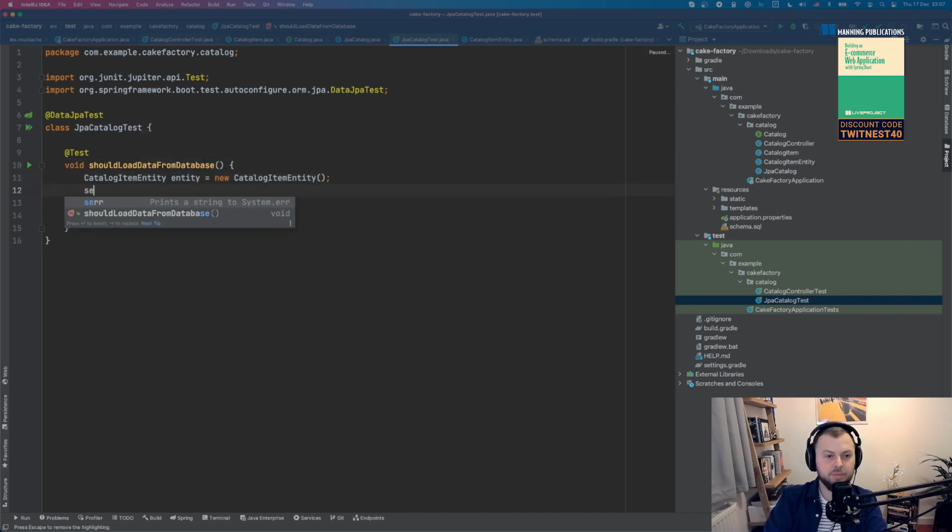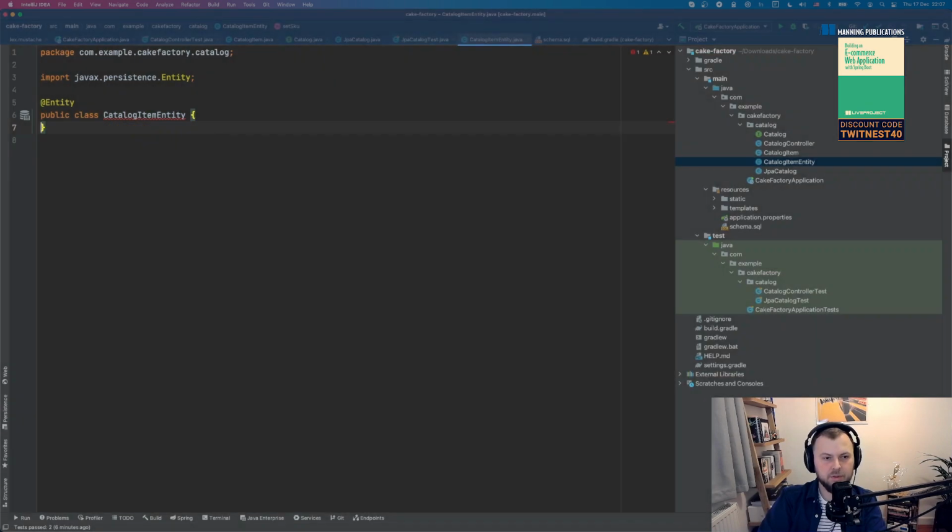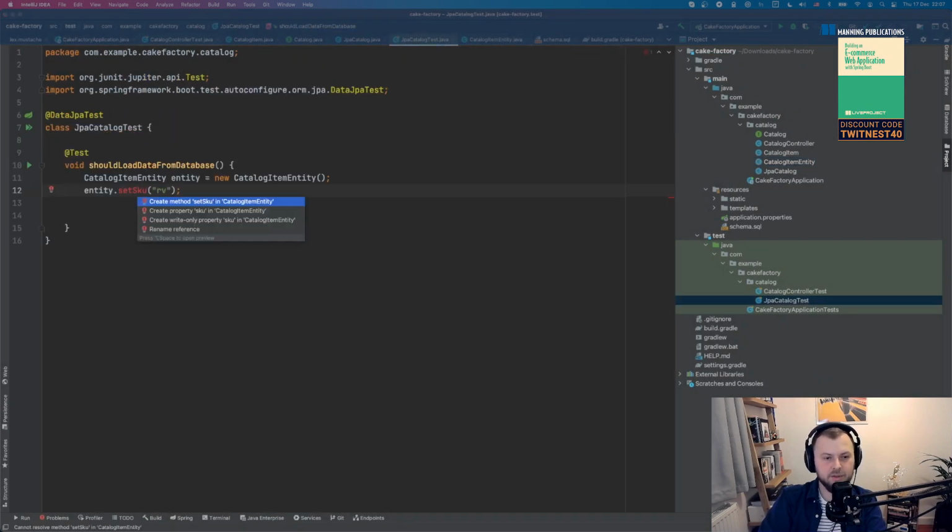The first one is probably some sort of SKU. We can use some auto-generated ID, but normally for things like catalog items, you usually have unique numbers you could identify them by, right? Let's say I can call it red velvet or something. So the SKU is basically my unique identifier of this record, right?